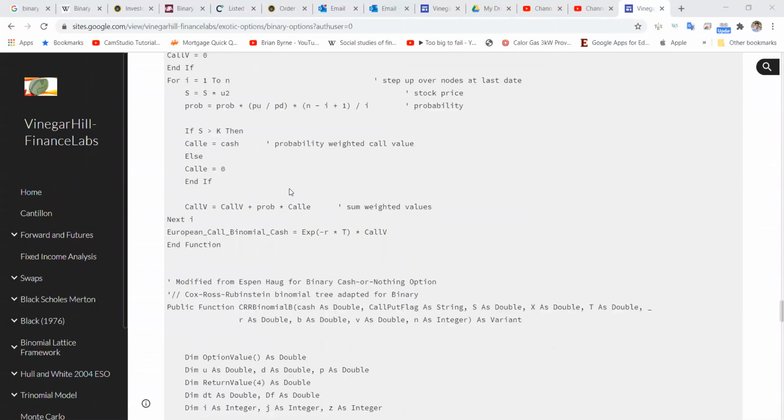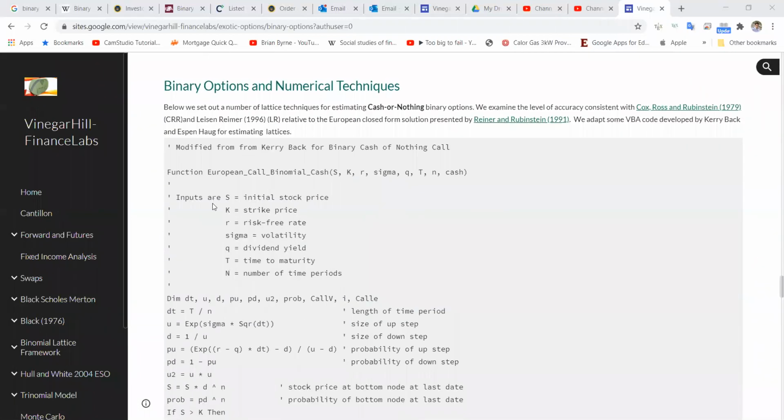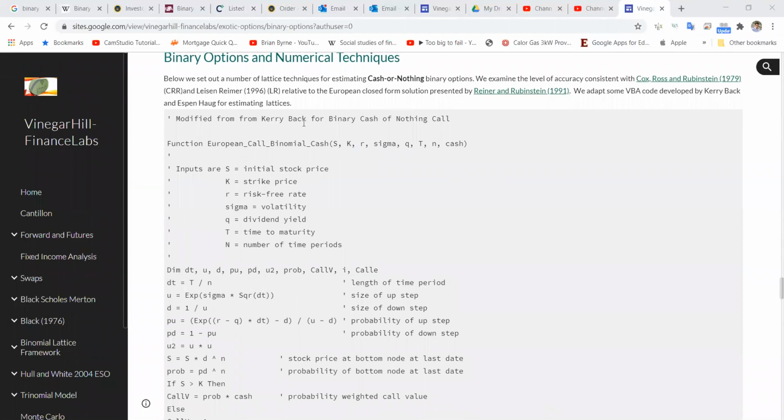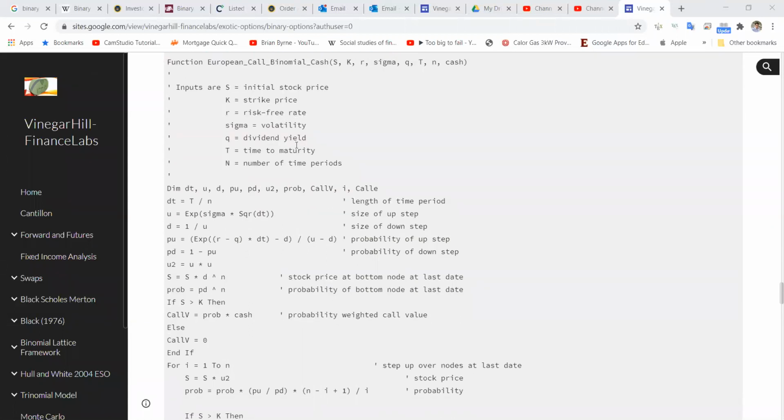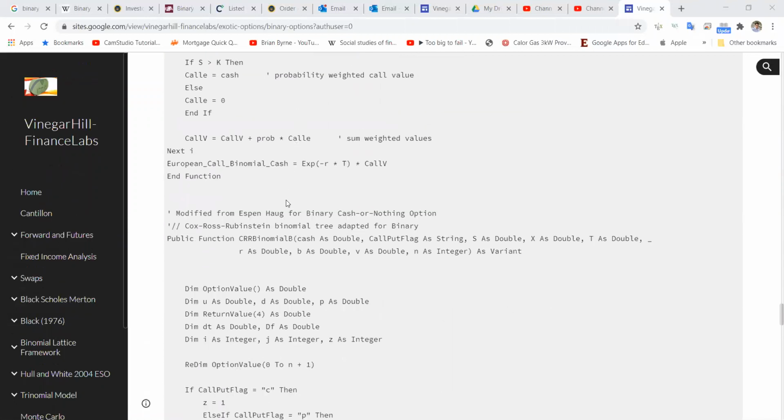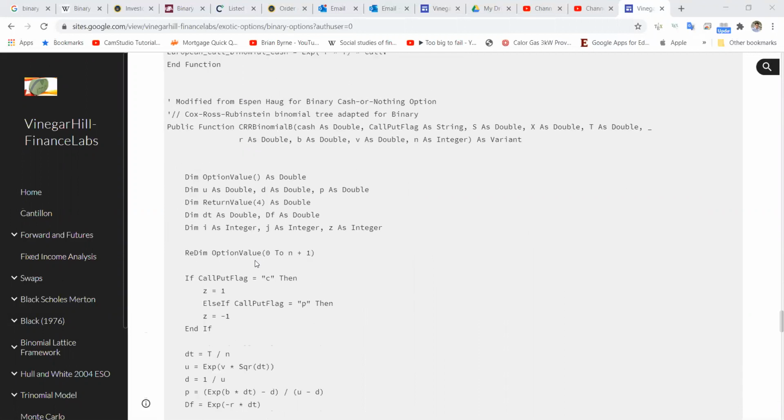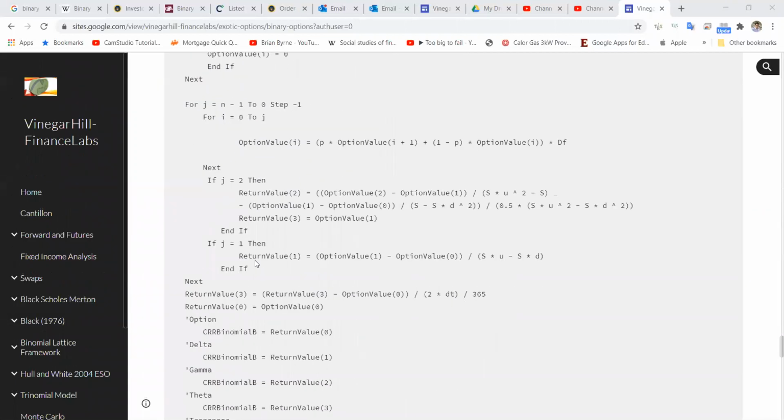Now, in advance, just to note, there are two functions here. One is based on code from Carryback, which was basically a European call option, and we just make some adjustments so that it estimates the value of a binary, cash or nothing. We likewise use Cox, Ross, Rubinstein code based on VBA provided by Espen Hogue. We make some tweaks and likewise estimate Cox, Ross, Rubinstein